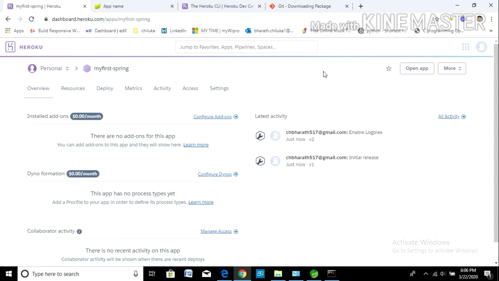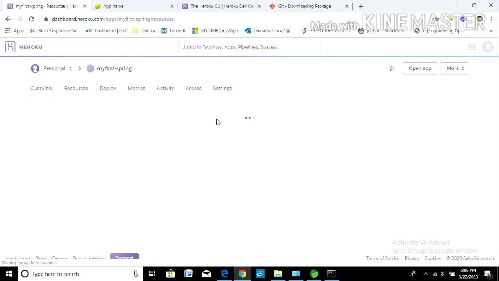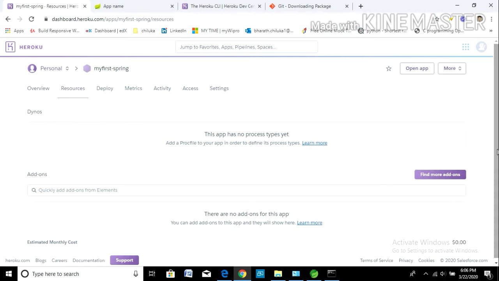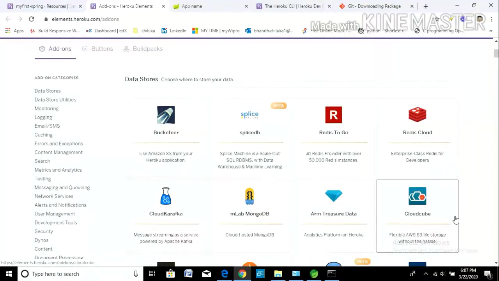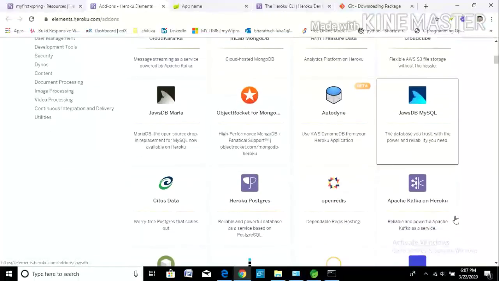Now click on configure add-ons, then find more add-ons. Here we need to add a database. Heroku provides many databases like MySQL, MariaDB, Postgres, and MongoDB.